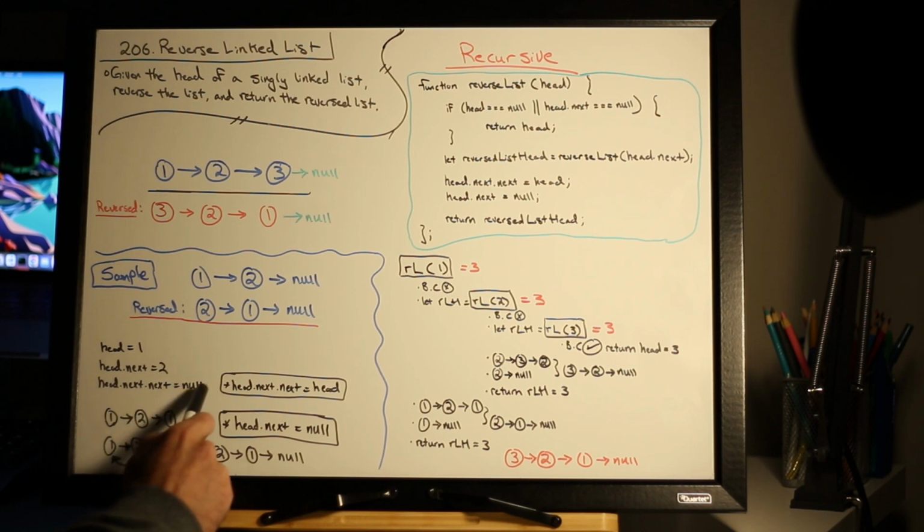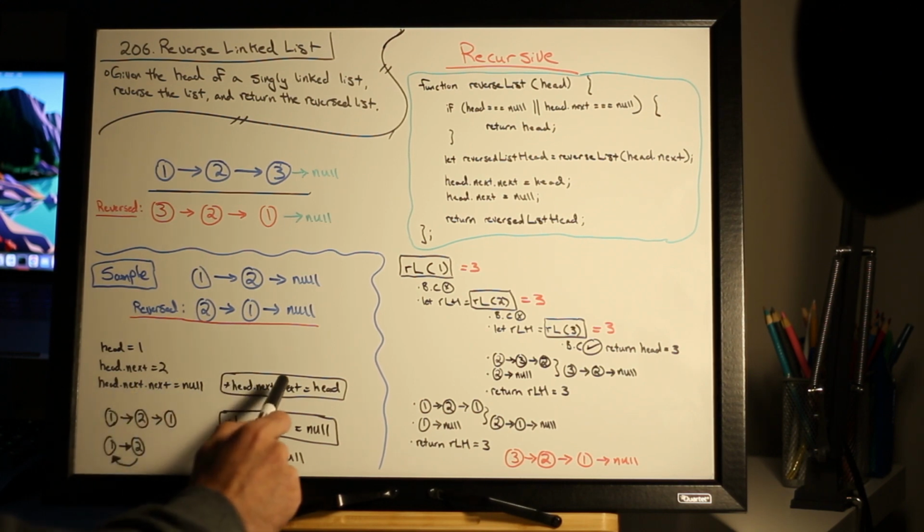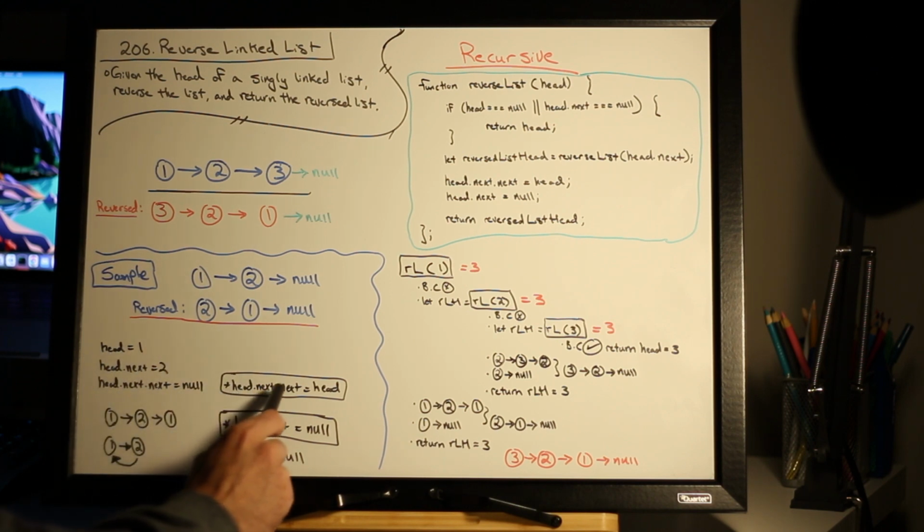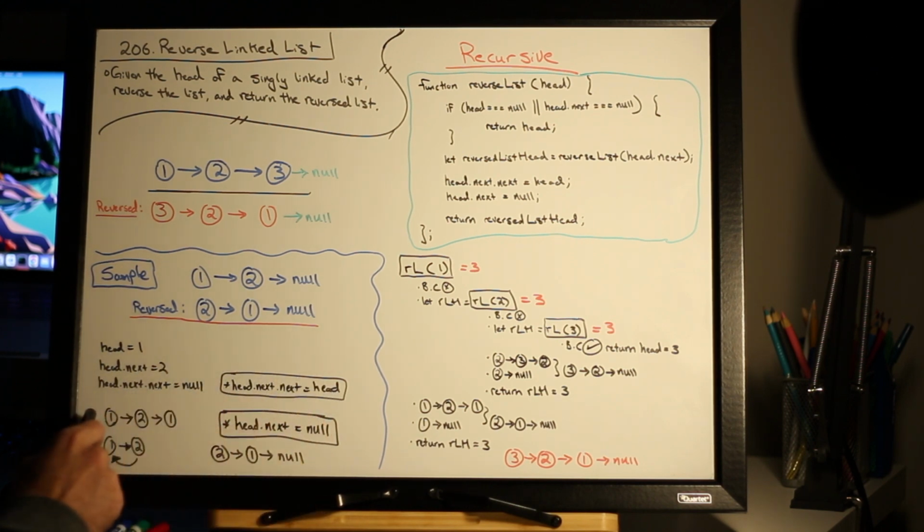And we have access to null, it's just head.next.next. And we have access to 1, that's just the head. So if we just do head.next.next is equal to head, we'll have effectively replaced null with 1. That's just going to look like this. So 1 is pointing to 2, and then head.next.next becomes 1. Really, it looks like this, where it's a circular linked list, but it's just easier for me to visualize it